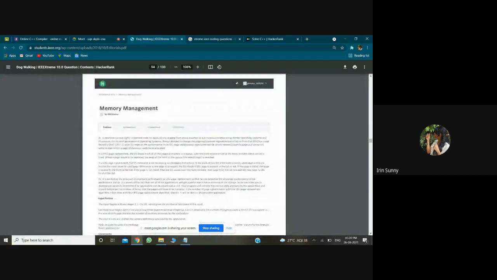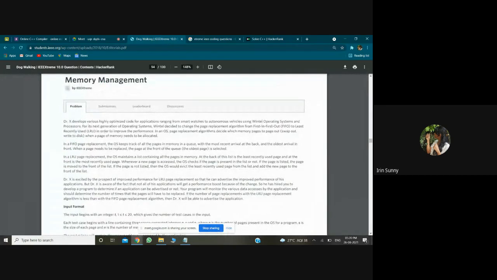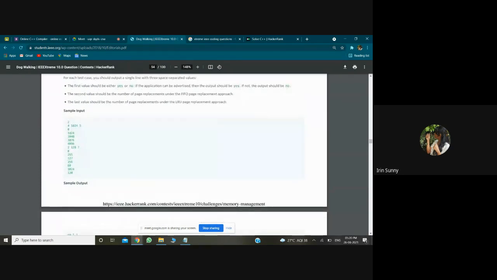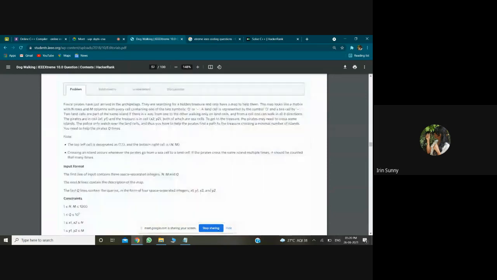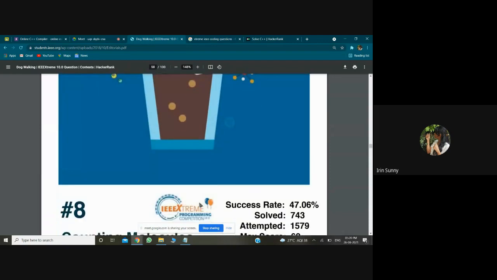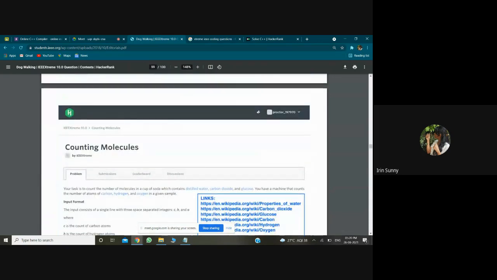See the amount of data that is given in the question. It is so huge, right? The questions are so big, but then the answer will be very small. When the question is very big, the code will be minimum 10 or 15 lines, maximum 15 lines. Sometimes it will be less than 10. Almost all the questions are this big. See, this question is also big. And there will be even bigger questions, sometimes just a pattern, and you wouldn't understand anything.